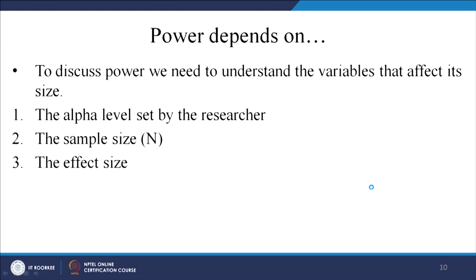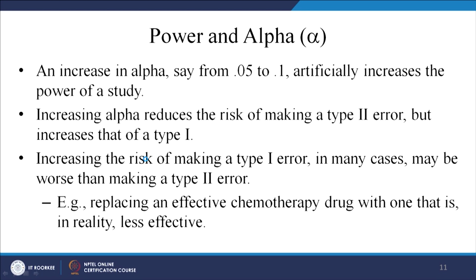To discuss power, we need to understand the variables that affect its size. The alpha level set by the researcher, we discussed it, sample size, and now what is this effect size? Let us discuss this one. This has already been discussed, but still, an increase in alpha from let us say 0.05 to 0.1,